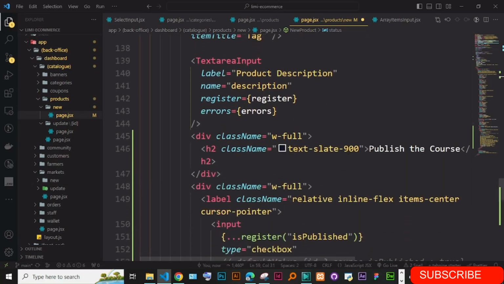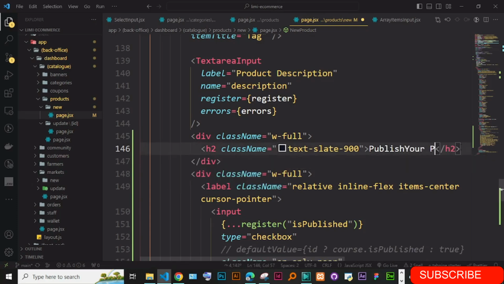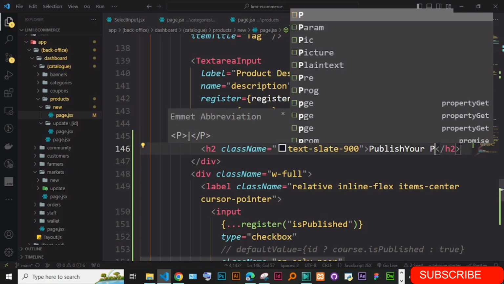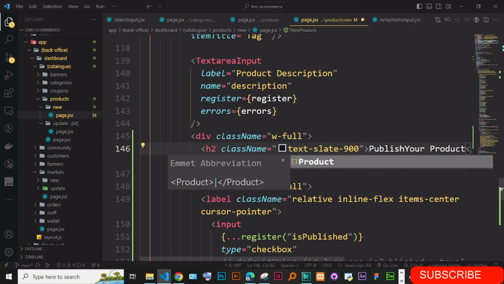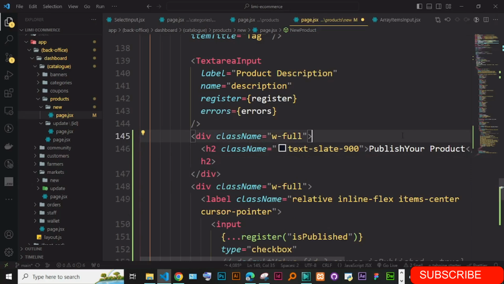Okay, and then here I'm just going to say, we can just say publish. I don't know if this is supposed to be like publish your product. Let's just first put that, publish your product. Like you can just create it and it is in the draft. Okay,